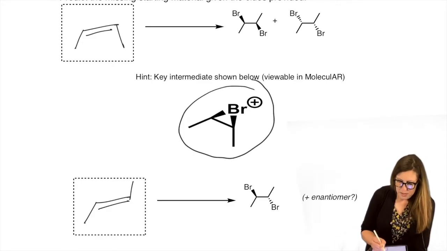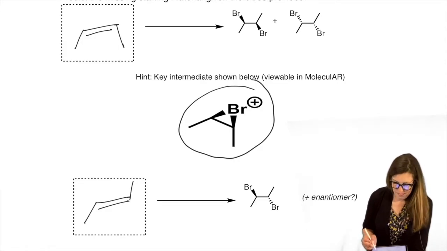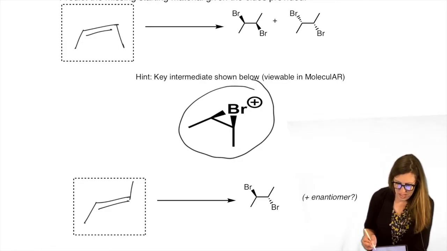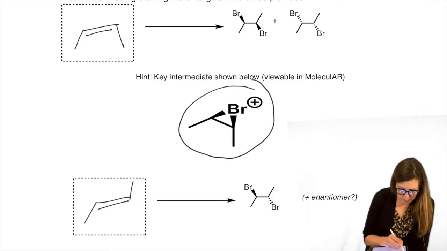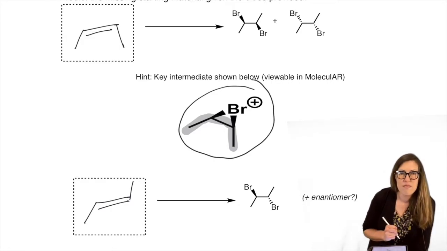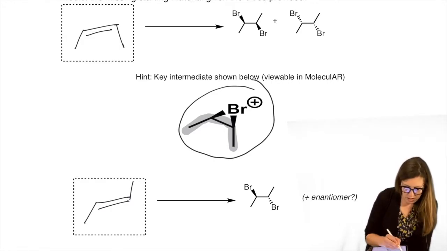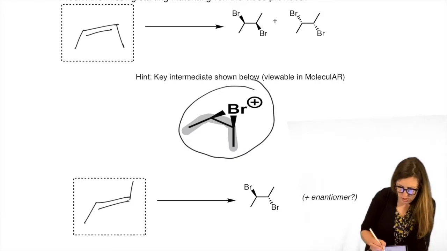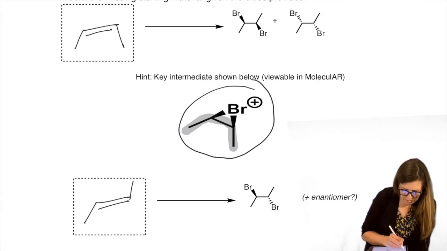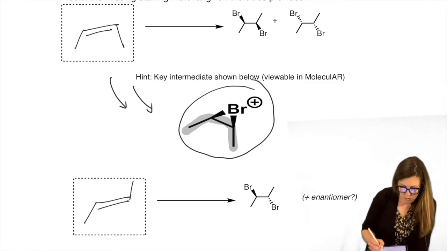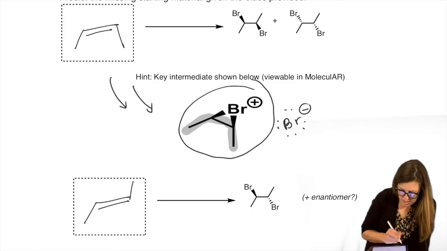Here was a key intermediate, right? Can we see how we got that? Notice the cis framework here. So that means when we're done, that's our key intermediate. So it means you have to be able to get there from your mechanism. But the bromonium ion really helps explain the mechanism. So you get there, then we say, okay, we have to attack, backside attack. Let's just draw one of them.